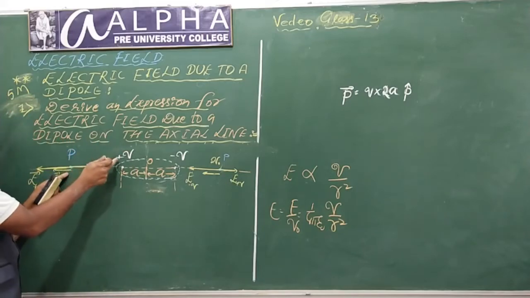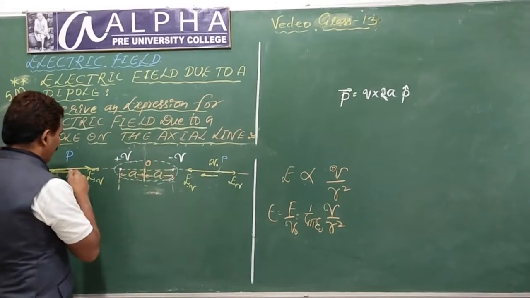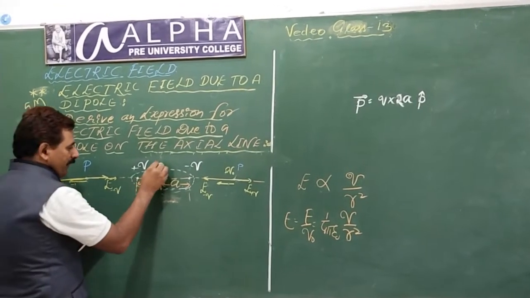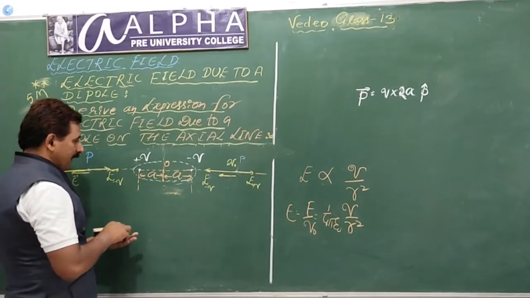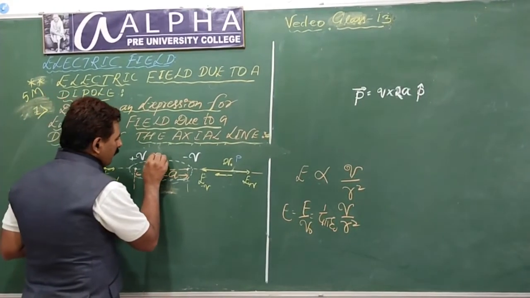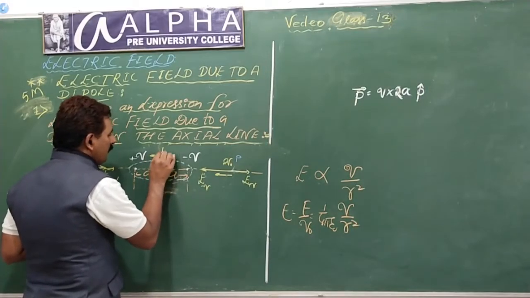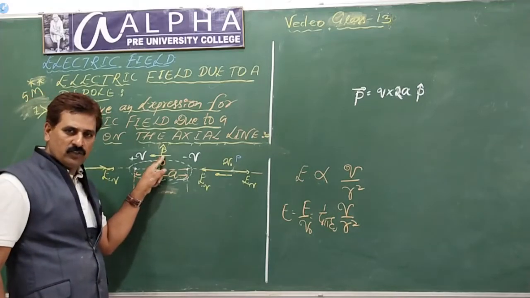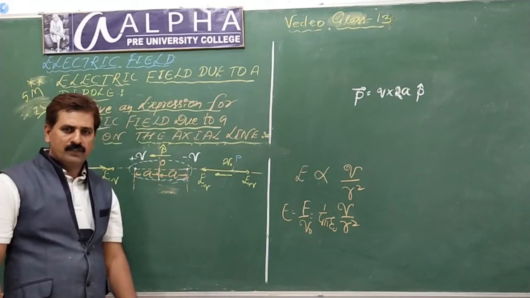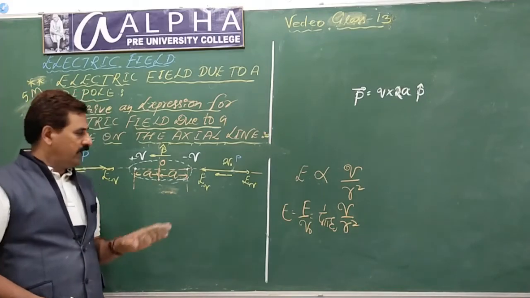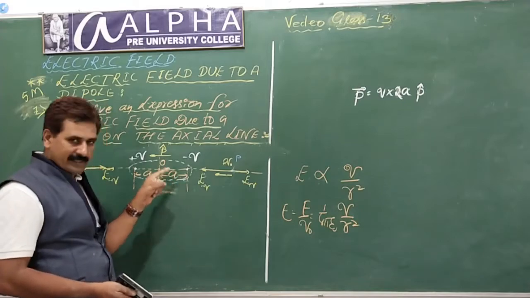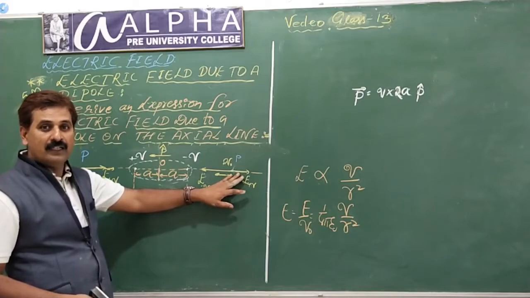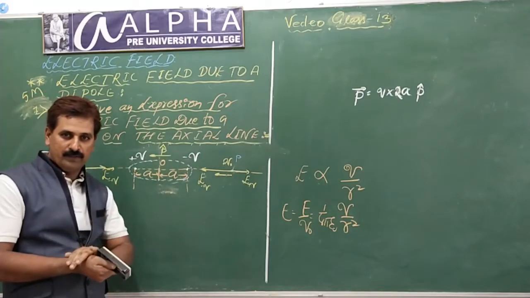Here, plus Q repels, minus Q attracts. Repulsion more, attraction less. Effective value to the left. That's why you always show the direction of the dipole moment from minus Q to plus Q. Like this. Whenever you write a dipole, write this, so that you become very familiar with this idea. Students, we need a direction to deal with a dipole. That's why we assign the direction from minus Q to plus Q. What is the basic idea? The electric field is in that direction. Direction of dipole moment. Very simple.